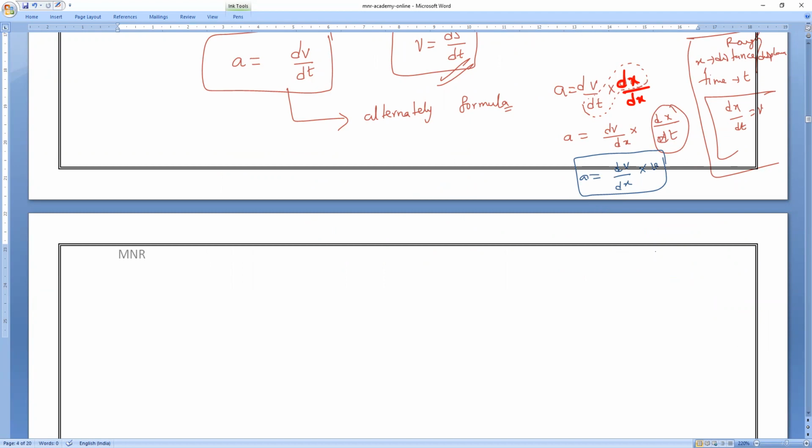Let me take now, as we all know, a I am assuming as x square. If I take this one, then a is equal to what? dv means, I will take it as dv by dt. You can see here always x or t both are the same. So dv by dt, which is equal to